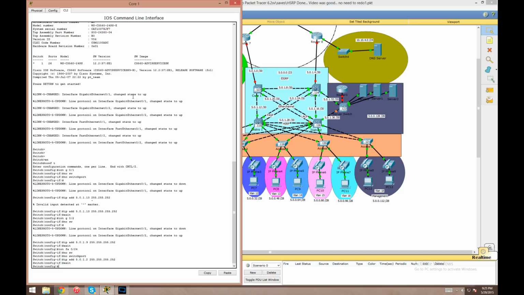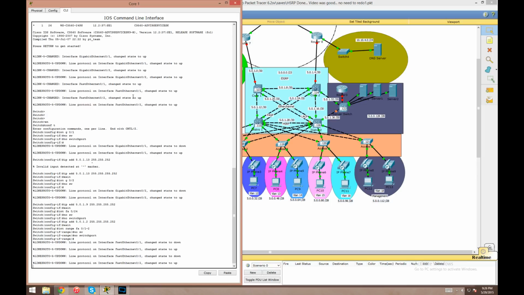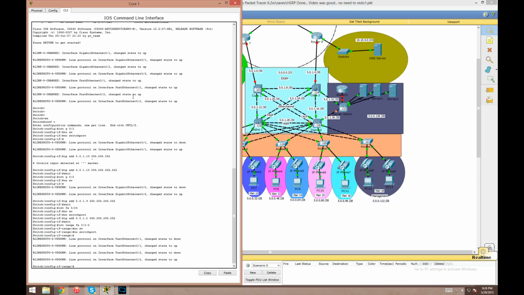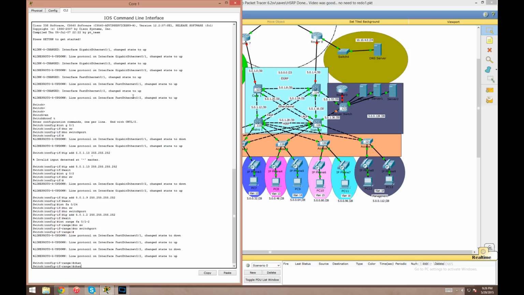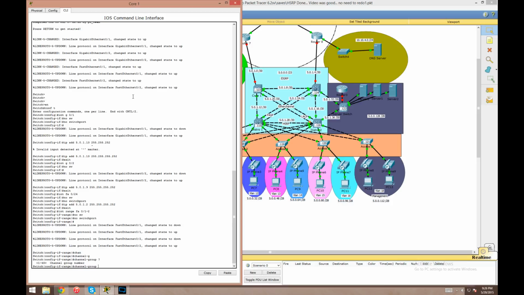Now let's move on to the EtherChannel ports, which we use the interface range command, FastEthernet 0/1 through 2, which are the links to distribution 2. To set this up, we're going to put the no switchport command on them, turn them into layer 3 ports, and use the command channel-group, and we need an identifier. This is just going to be a local ID for this port channel interface that we're going to create. So we're just going to use channel group 1 here,